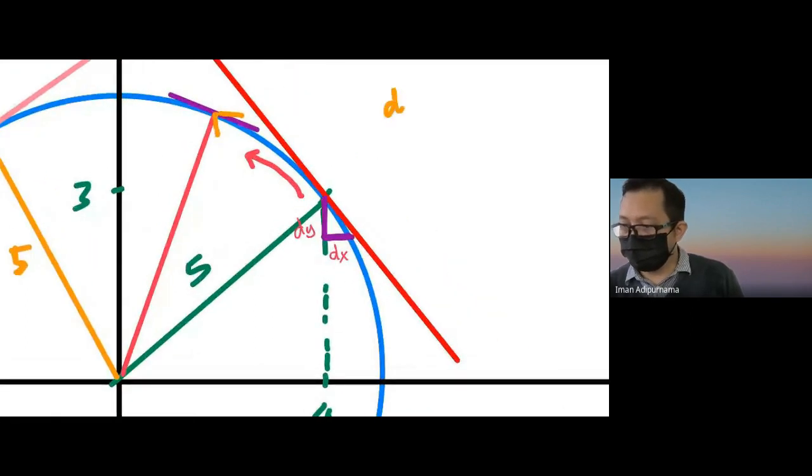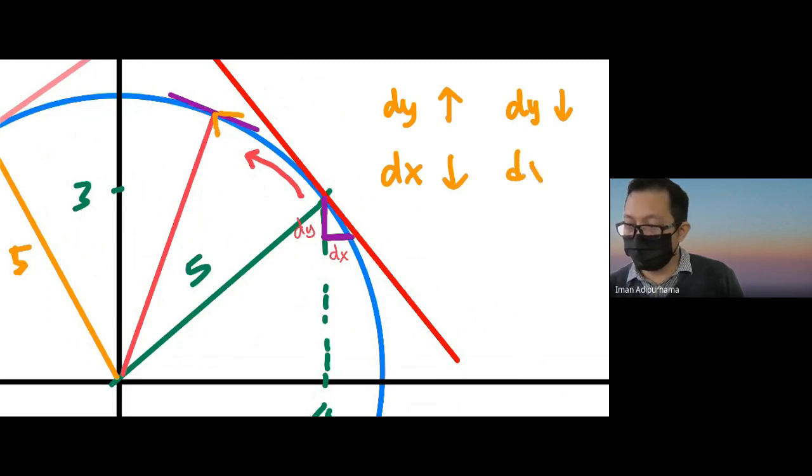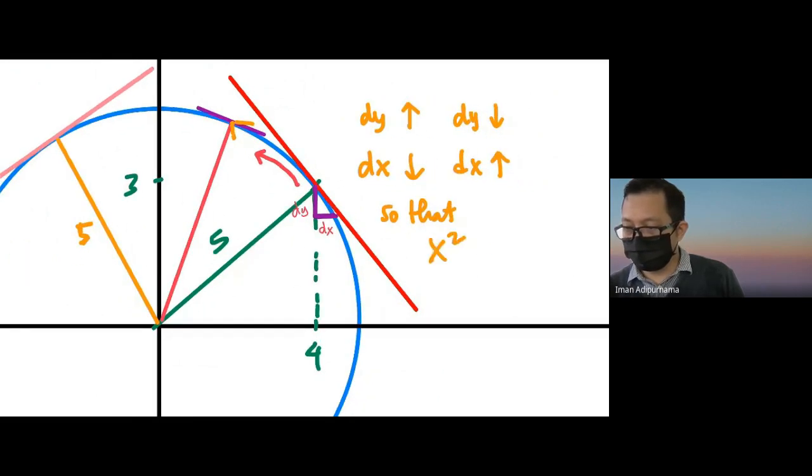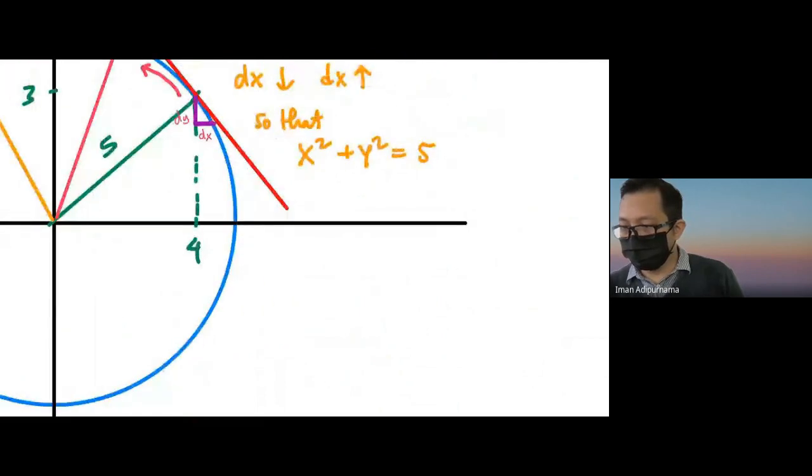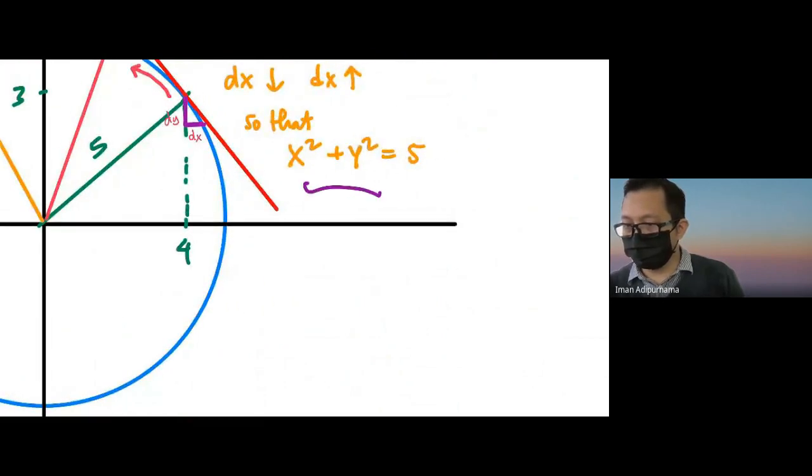So probably when dy is getting larger, maybe dx is getting smaller. When dy is getting smaller, dx may be getting larger. So that the x squared and y squared is always 5. And now from these equations,